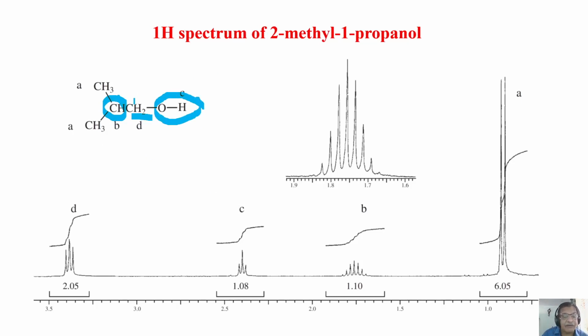So, doublet of doublet. Where is the doublet of doublet here? I don't see it. That is why I said this is a triplet. If you look carefully here, this group appears as if it is a doublet of doublet. This central peak is partially resolved, not fully resolved, but it is not a triplet. So safely we can assume this must be the CH2. Fantastic. What about the CH proton?